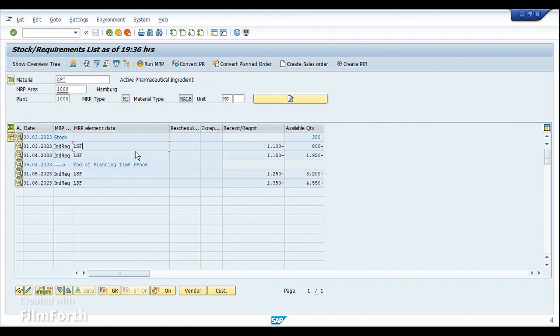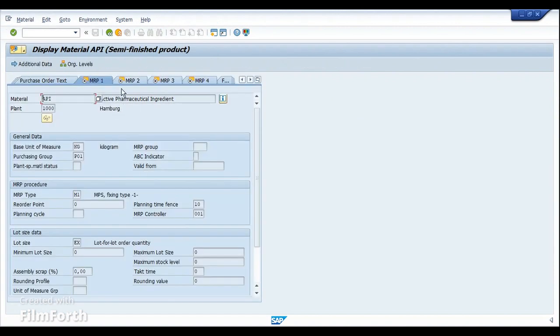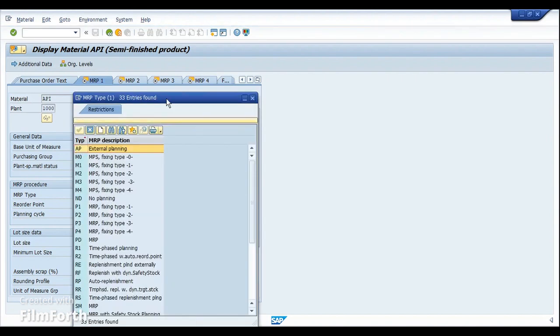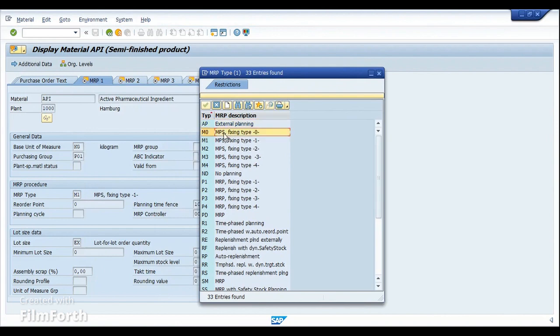Before that, let me show you the master data settings for the material. Here in the material master, in the MRP1 view, we define the planning time fence. I've made a separate video on the planning time fence with more examples, and if you're interested, you can watch that from the playlist. Now coming to the MRP settings, the first thing we have to do is assign the MRP type that is relevant for the MPS. As you can see here, the MPS relevant MRP types are from M0 till M4. So let's go into the configuration of this MRP type